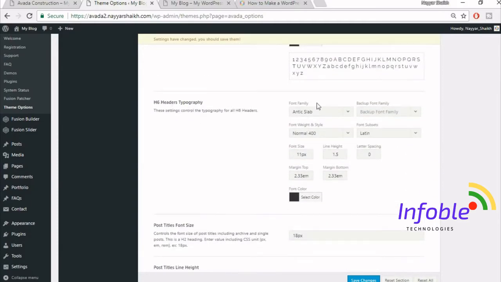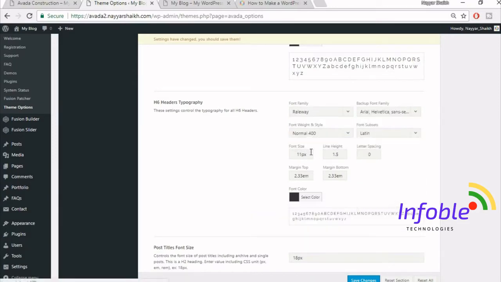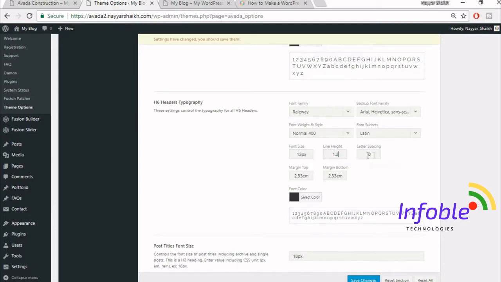Now the last one, H6. Again select the same font family, everything is fine. Now change this to 12 pixels. Okay, this will be 1.2. Line height, letter spacing will be 1 pixel. Don't forget to type this px over here. Okay, that is very important. And decrease this to 0.4 em. Okay,